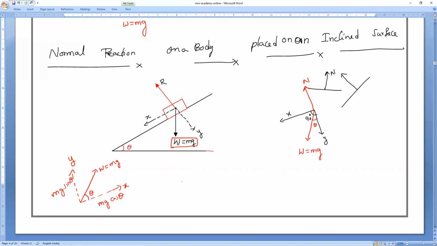Understand? If I take the resultant force like this and make it into two components, this is the y component and this is the x component, and here theta is coming. All of you observe, here theta is coming, then the force is mg. Then mg cos theta will come here and mg sin theta will come here. Is it clear on what I'm saying? Wherever theta comes, that is mg cos theta, and the opposite one turns into mg sin theta.